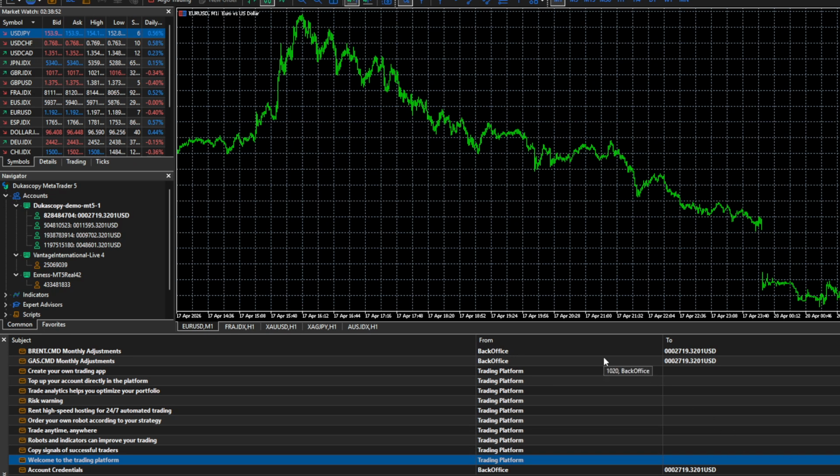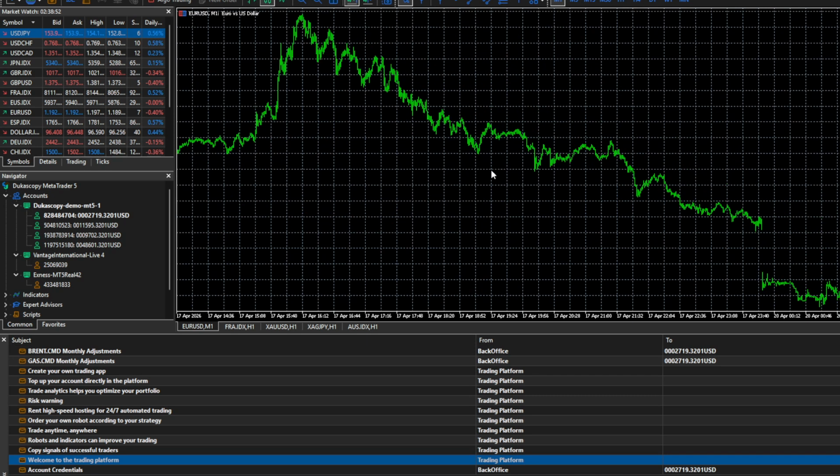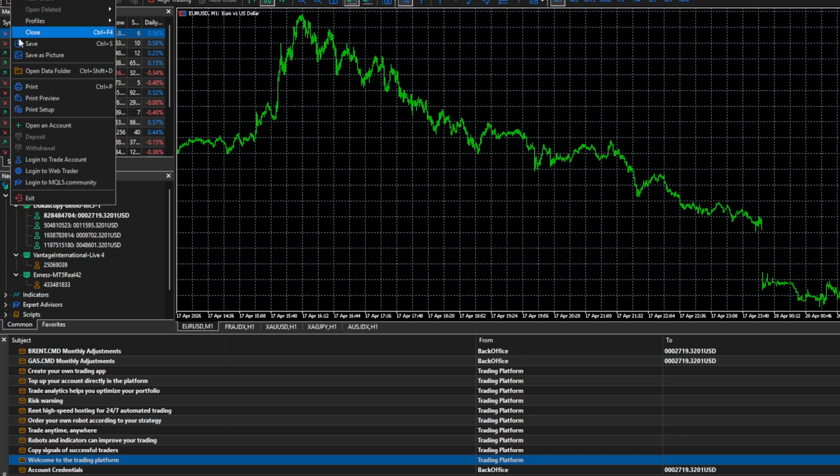MT5. Once you're sure your internet is working, look at the bottom right corner of MetaTrader 5. This is where the platform shows your connection status. You'll see either no connection, invalid account, or some numbers showing data being sent and received. If it says no connection or shows a red icon, MT5 is not connected to the broker's server. If you see numbers changing and no error, then the platform is already connected and you might be dealing with